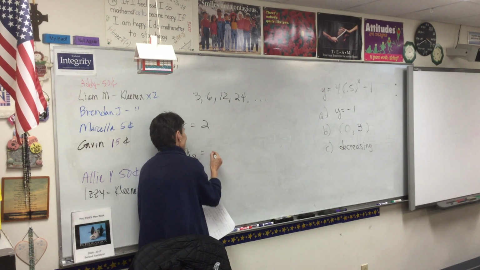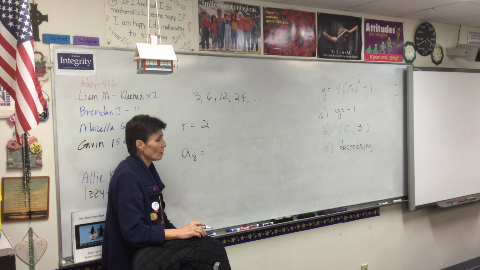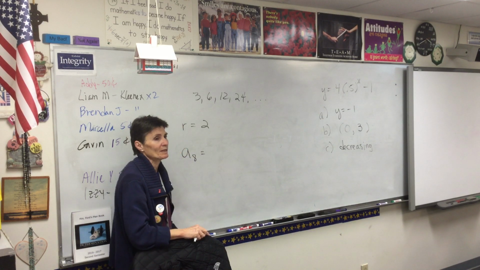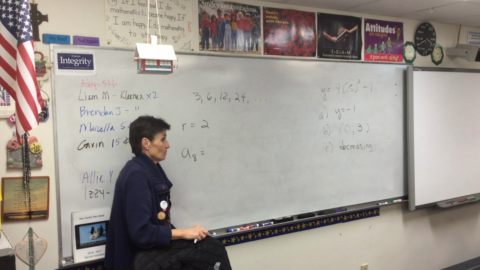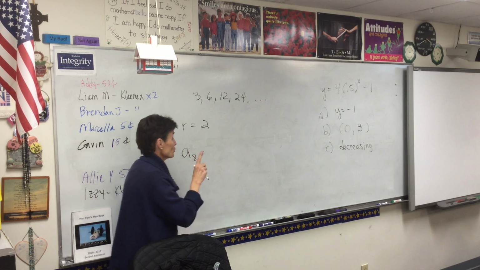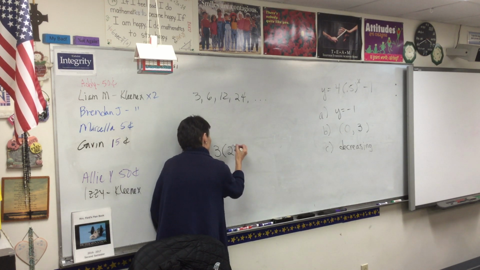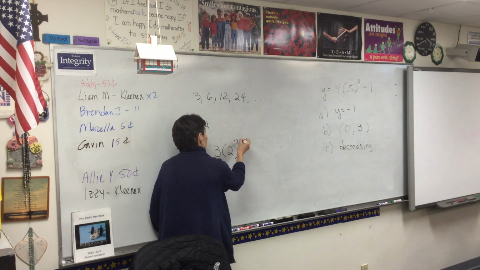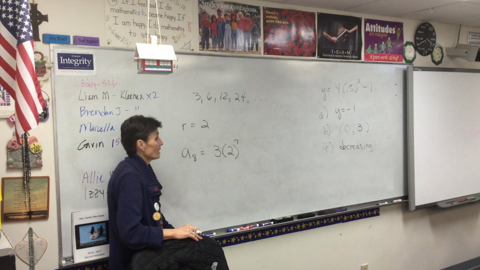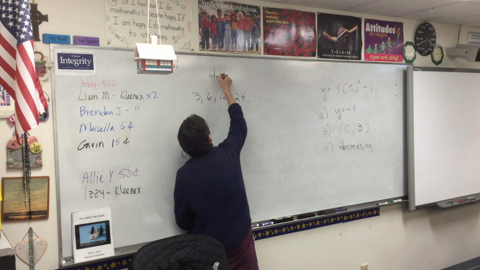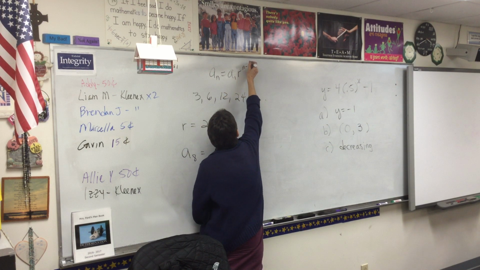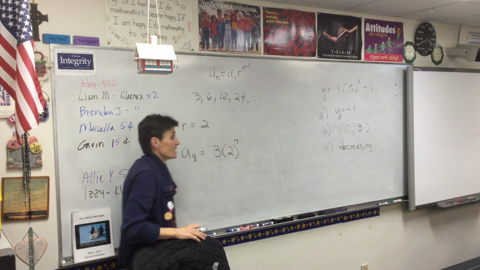How do we find the 8th term? Well, you got a note card, but you probably can do this one without your note card. What do we start with? The first term, which is 3. And we multiply it by the ratio to the 1 less power. That's exactly right. So on your paper, you have this formula, which is the formula that finds the nth term